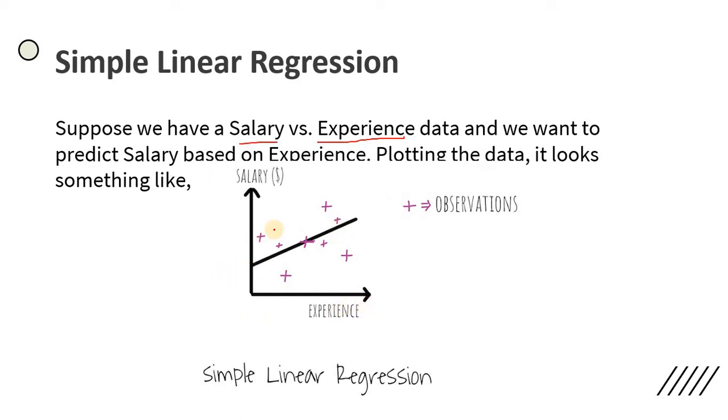So we are plotting the data of, suppose, the last 5 years, and now we are drawing a line from that data. We are drawing a line such that the maximum number of data points lie on that line, or the distance between the line and each and every point is minimized. So here suppose we are drawing this line and we are calculating the distance. So the distance needs to be minimum. That is how we can draw the line in simple regression, and based on that we are predicting the salary value based on the experience.